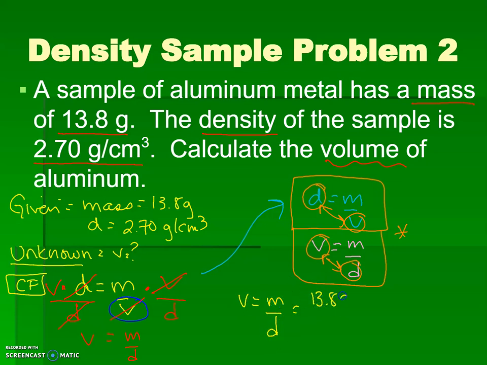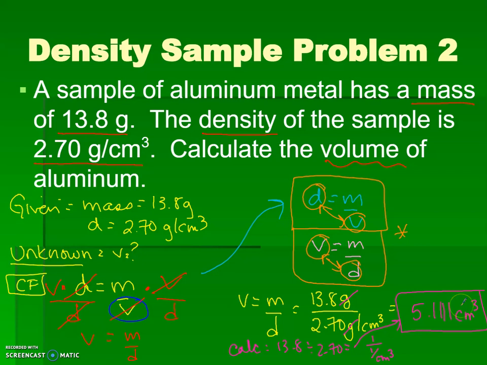Okay, so if we solve for this, volume is mass over density. We put 13.8 grams on top, 2.70 grams per centimeters cubed on the bottom. What happens here is grams and grams cancel out. So we end up getting inverse cubic centimeters. So what's the inverse of the inverse? It's the inverse, or just centimeters cubed. It's just that number. And when you plug that into the calculator, 13.8 divided by 2.70, what you end up getting is